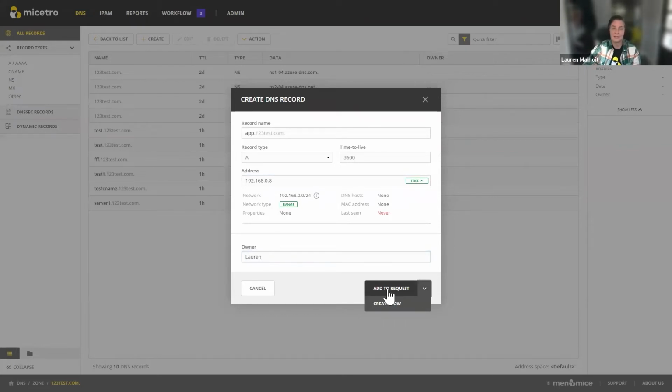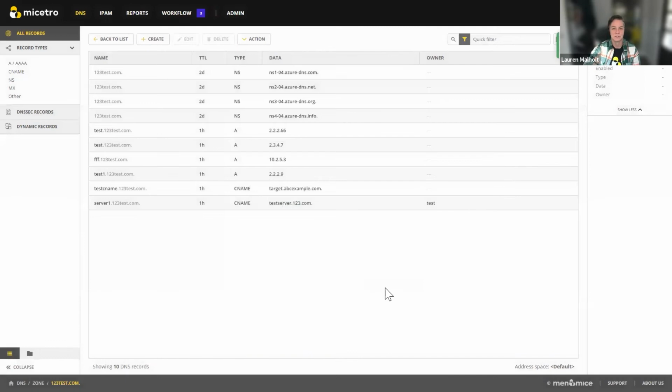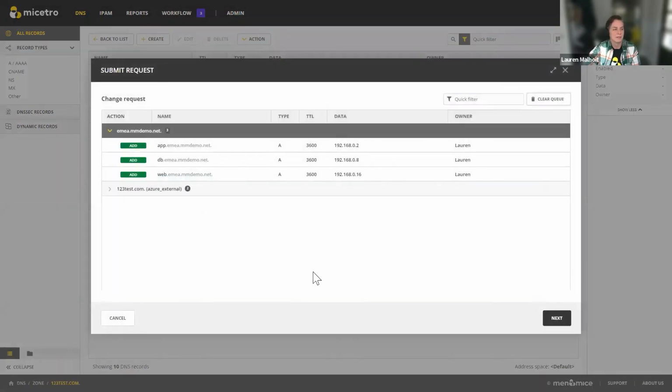Now, down here, you'll see add to request. You also see create now because I am in as an admin. But if I were not in as an admin and I were just a requester, then I would only have the ability to add to request. So I'm going to go ahead and click on that just to show you how this works. So I'm a developer. Maybe I'm doing this through a self-service portal. Maybe I'm doing it right through Micetro. And the access controls have been set up so that I only have permissions to request the DNS record within this particular DNS zone. Now that I have created that, I can go over to my shopping cart here,